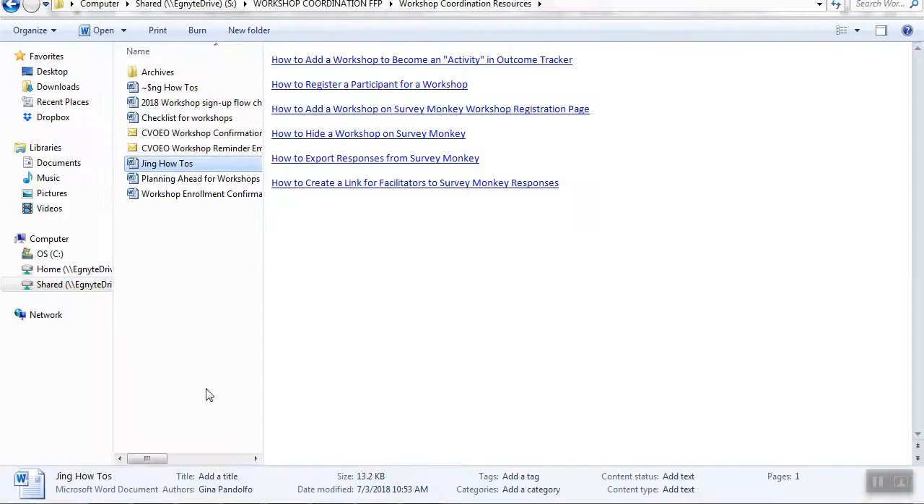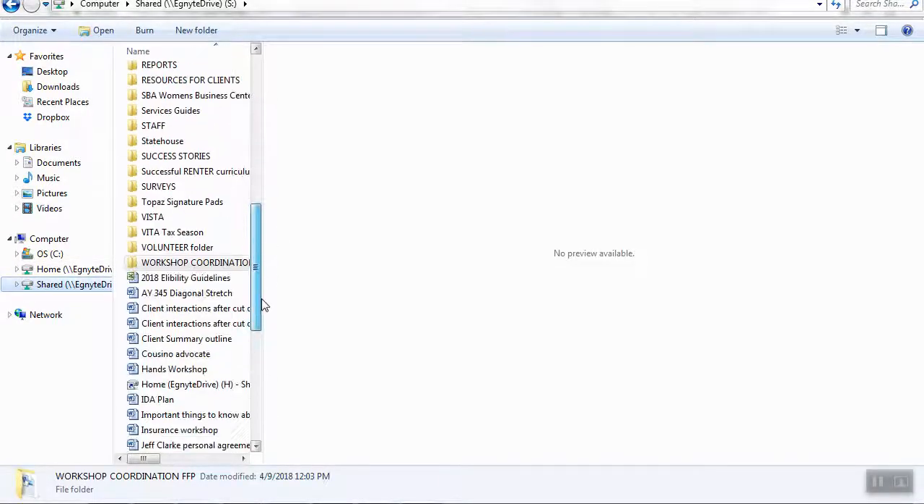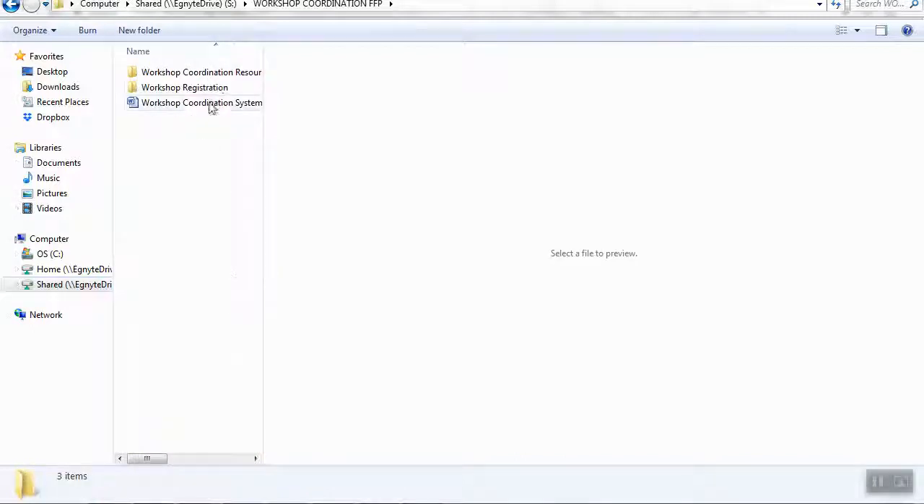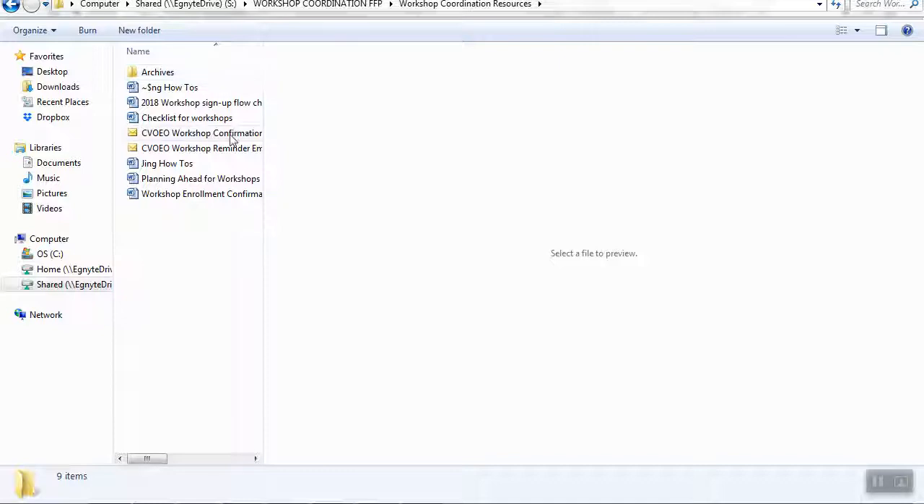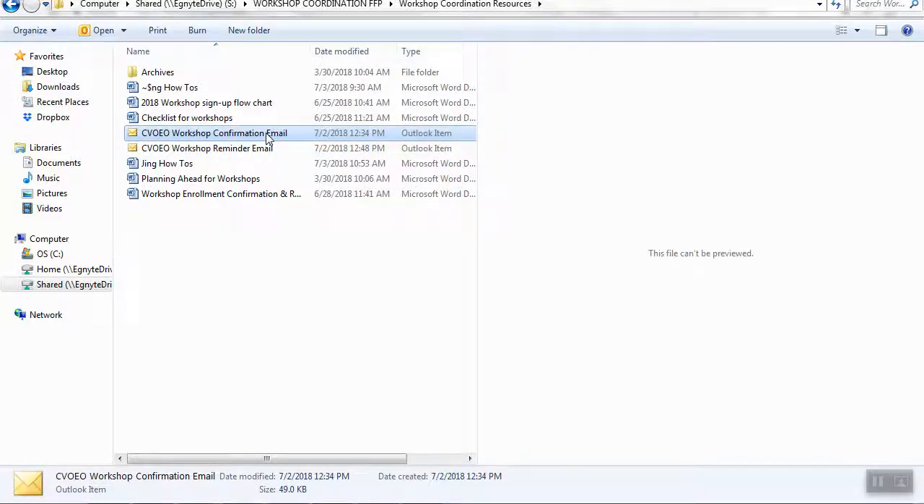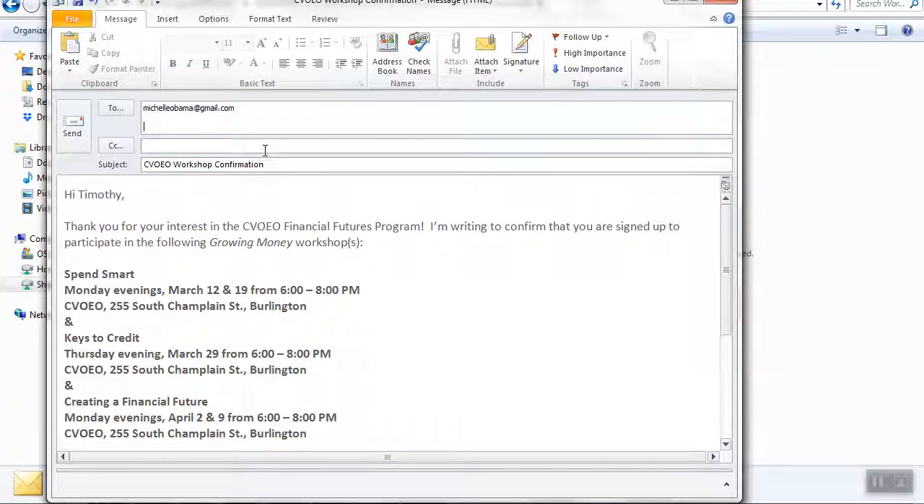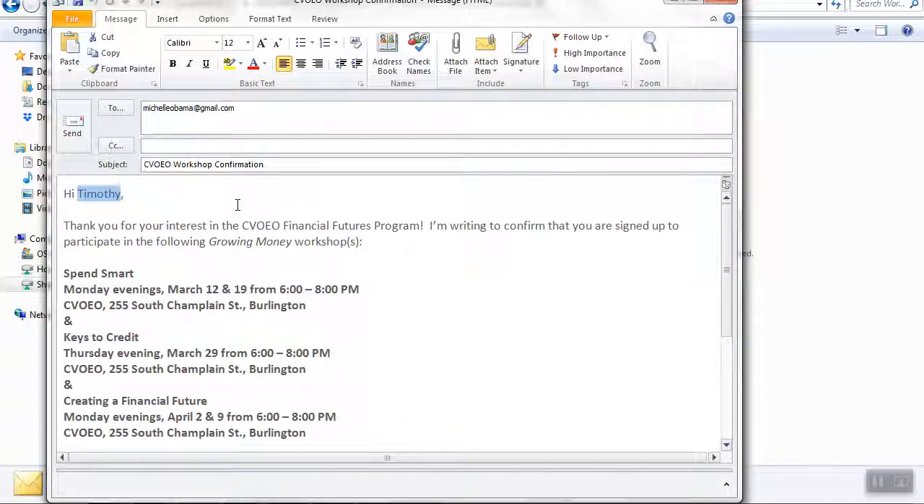copy that, go to the shared drive, workshop coordination folder, workshop coordination resources, and then find the email saved here that says CBOYO workshop confirmation email. Conveniently saved in the shared drive, we can add Michelle's email address here, change it to make sure it's addressed to her,